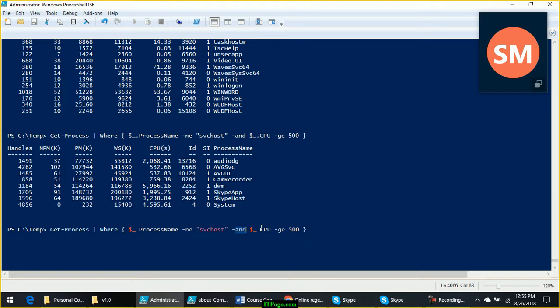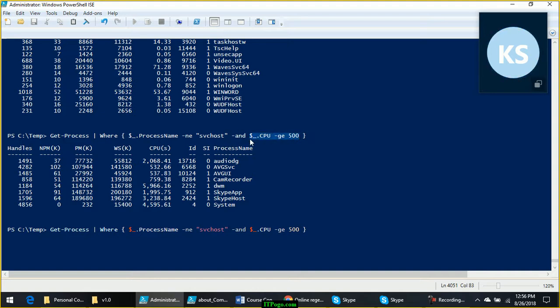If you use OR, what will happen? Yeah, because earlier we did not give this criterion, right? So what are we asking PowerShell to do? We are asking PowerShell to show us all the processes where name is not equal to SVC host. First condition. Second condition.